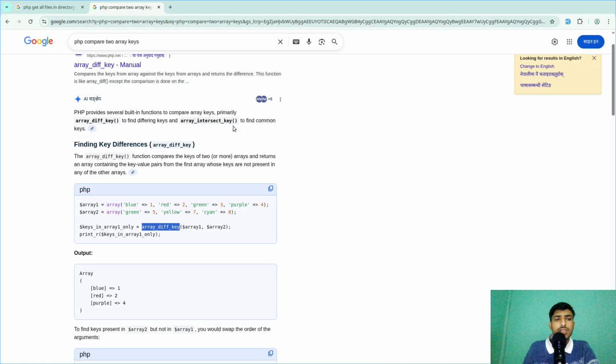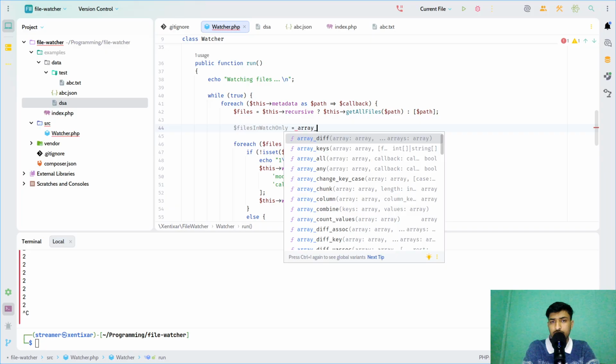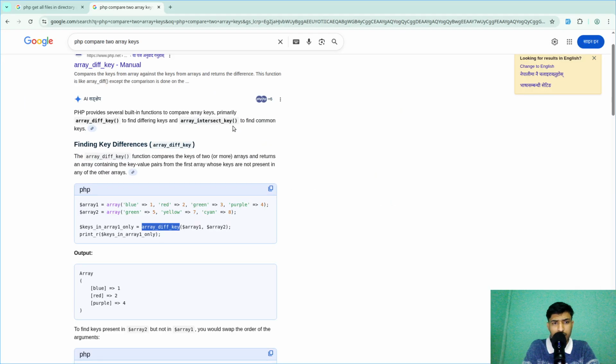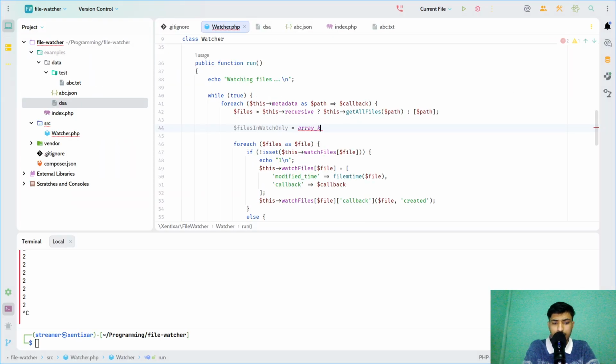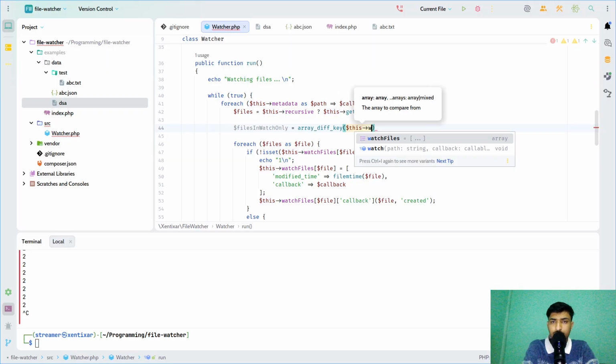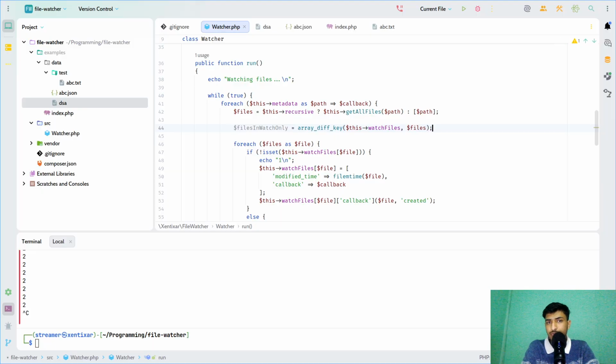What we can do is have files in watch only. You can just use array_diff_key, and you pass two arrays, array 1 and array 2. So this will be watch files and this will be the files, but